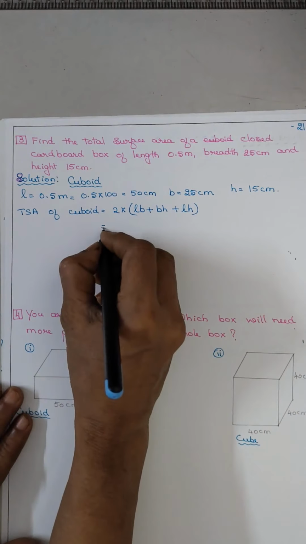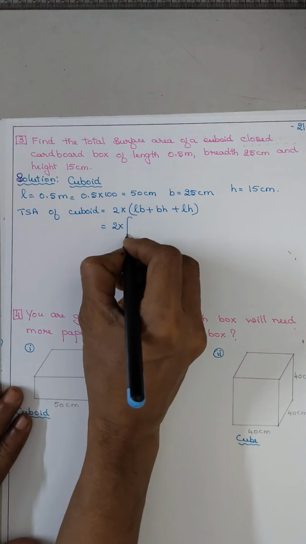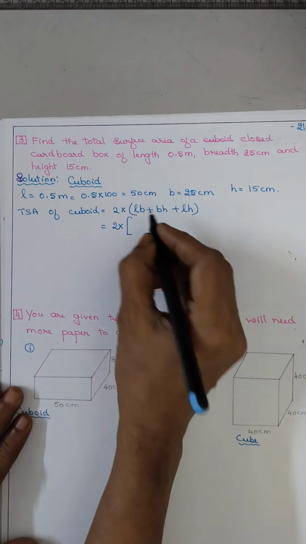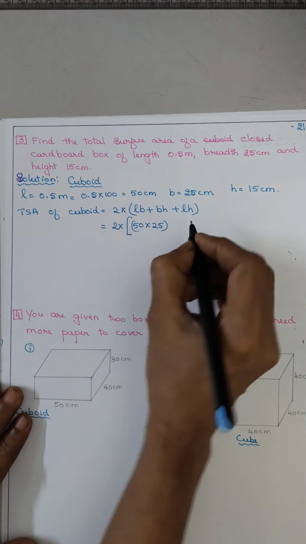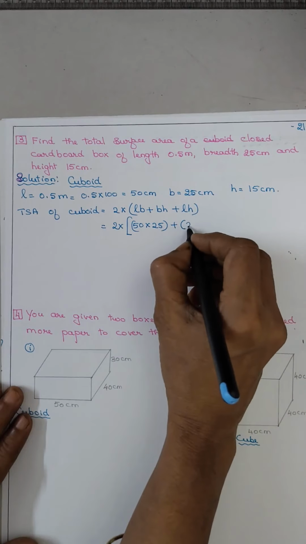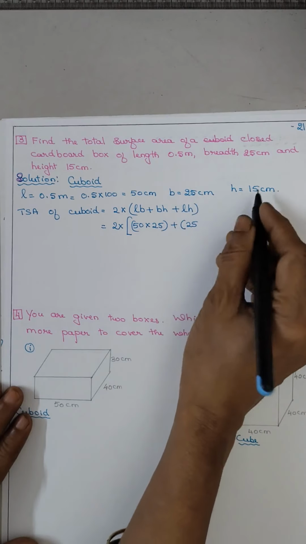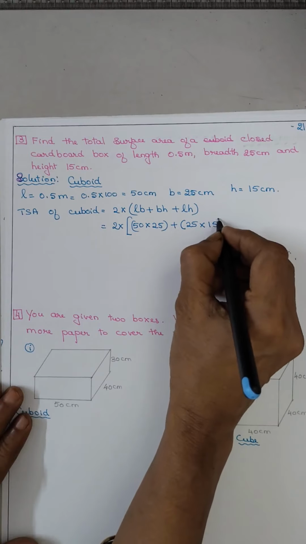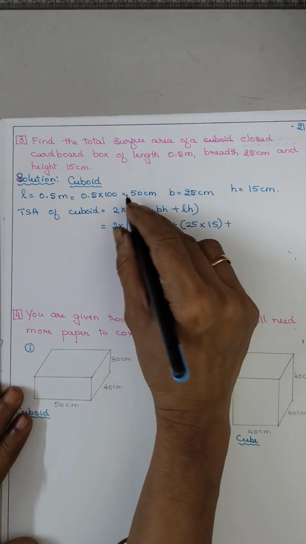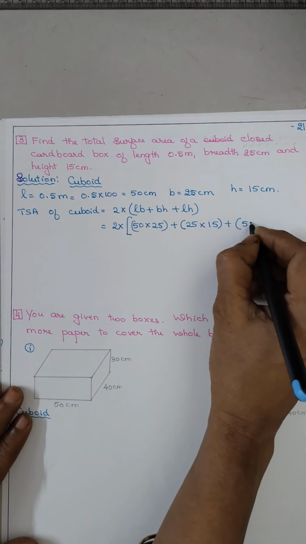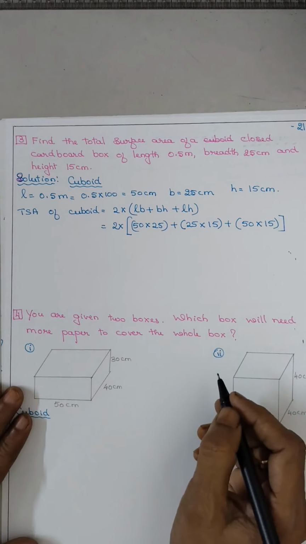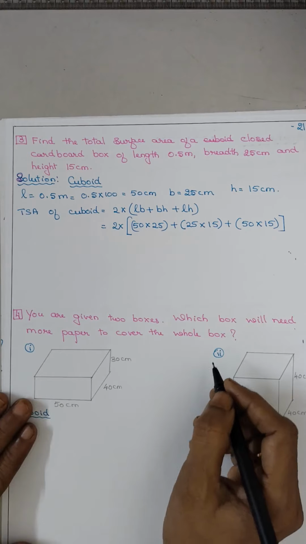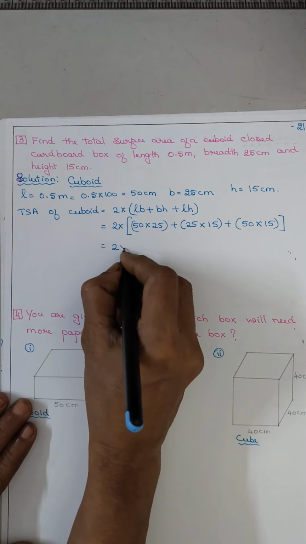Okay. So, 2 into, put the square bracket, 50 into 25 plus BH, 25 into 15 plus LH. L is 50 into height is 15. Is it okay? Now 2 into